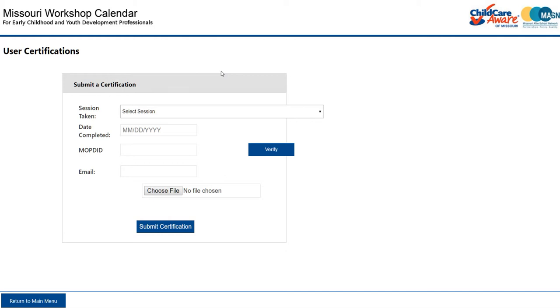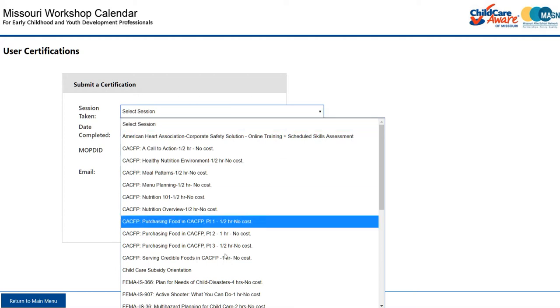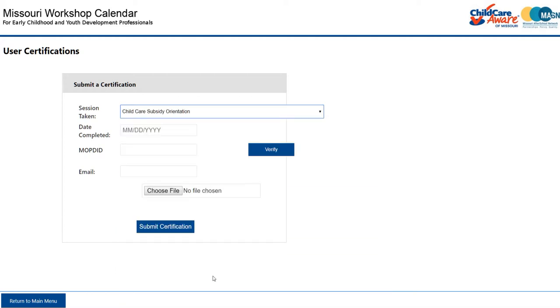So the first step to submit your certificate is right here. Session taken. We'll need to select whatever session it was that you took. So let's say that it was the Child Care Subsidy Orientation. All right, and then we will input the date that we took the training. Okay, and then whatever your MOPD ID is, you will do that here. So let's say,